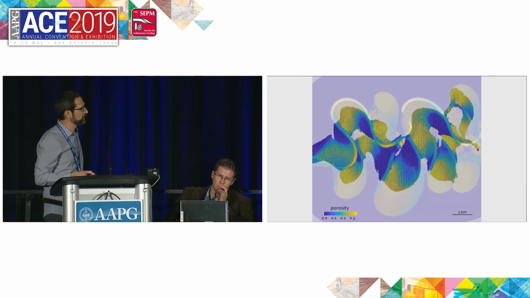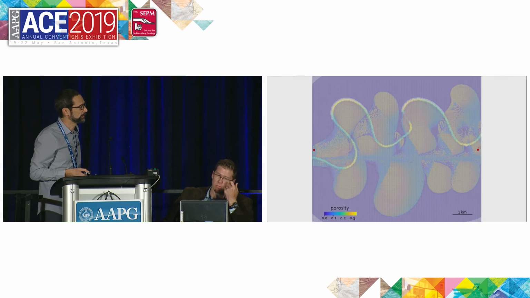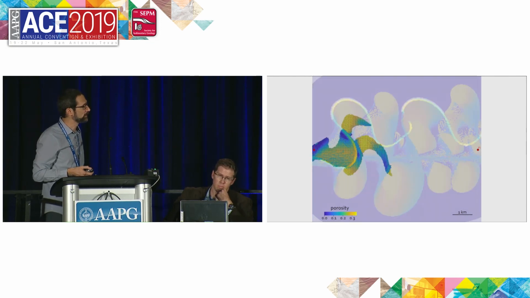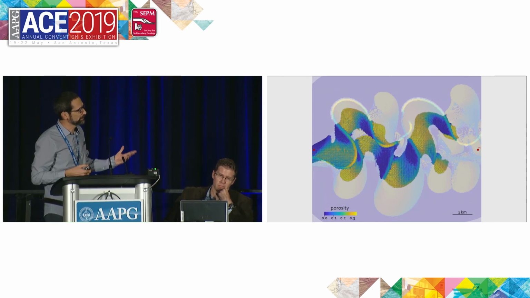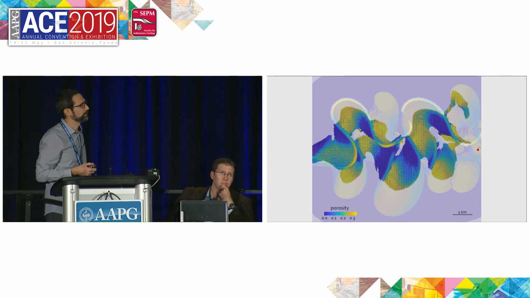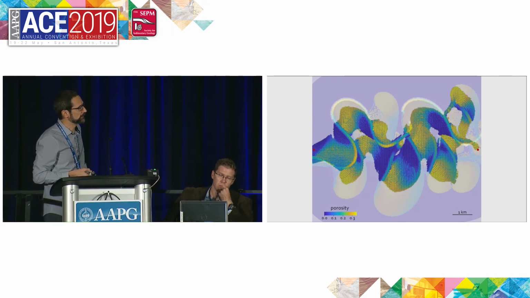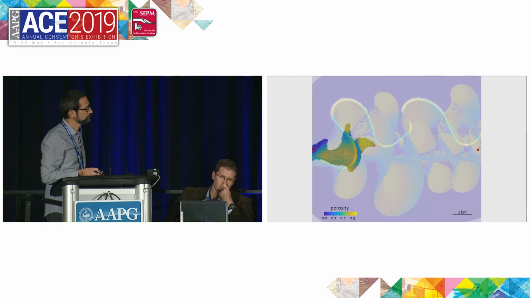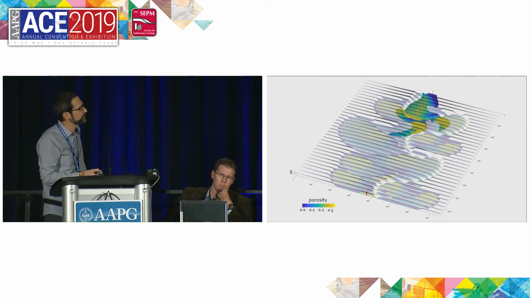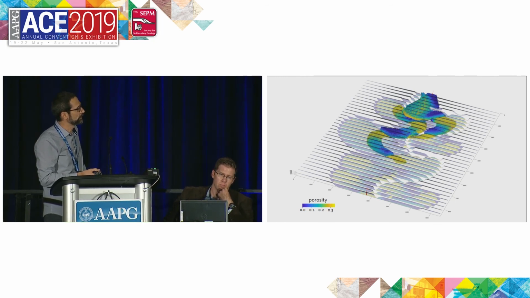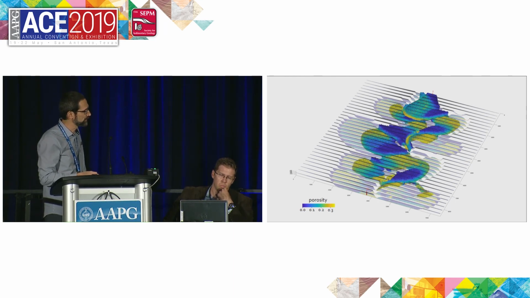Whenever I try to predict what's going to happen in a model like this, without looking at the simulation, I fail. So it's very important to not just build a stratigraphic model, but also flow simulate it and see what happens. We can have a look at this in 3D as well, injector at the top, producer at the bottom, and now you can understand a little bit better that these flow tongues are just looking for the nearest pod of higher quality or higher porosity sediment.